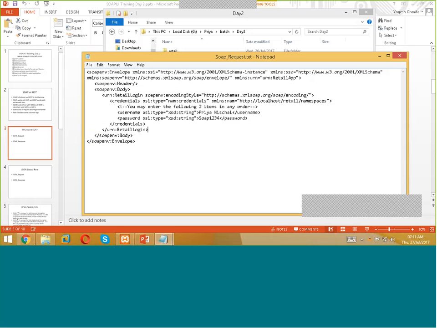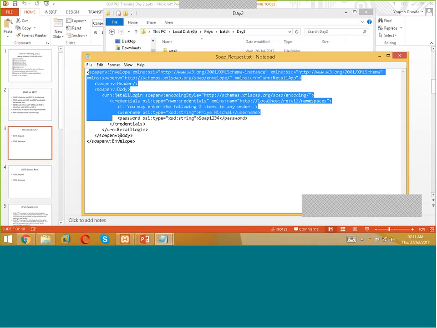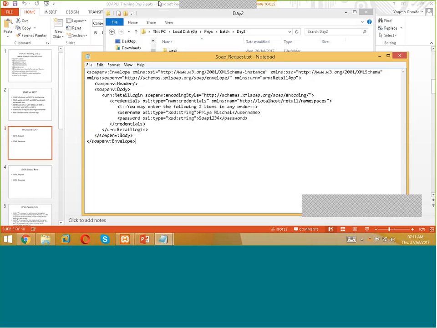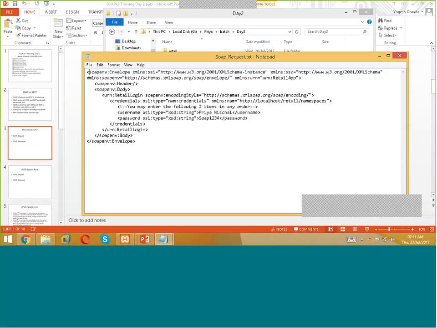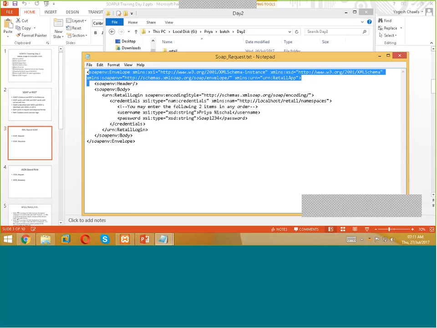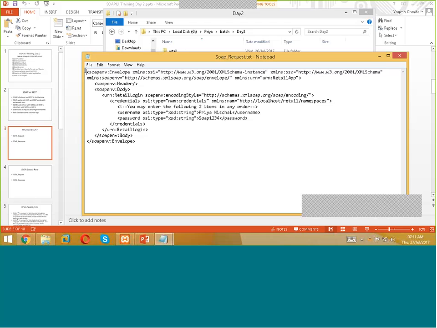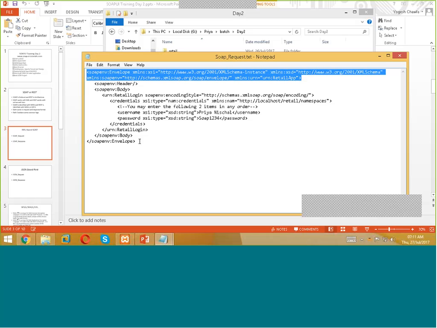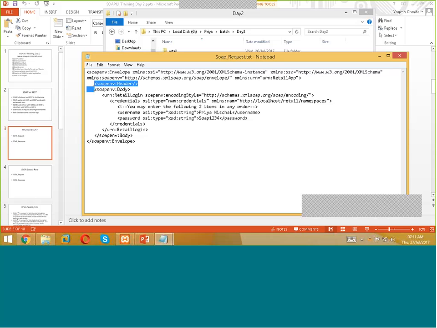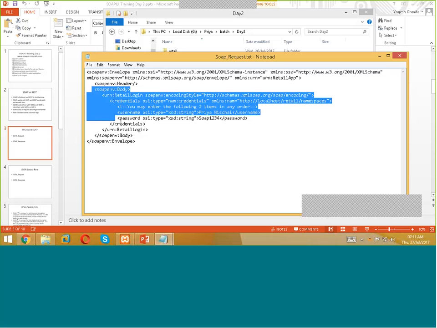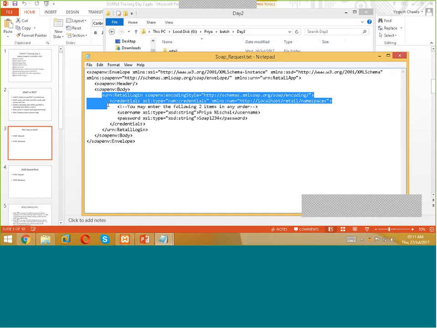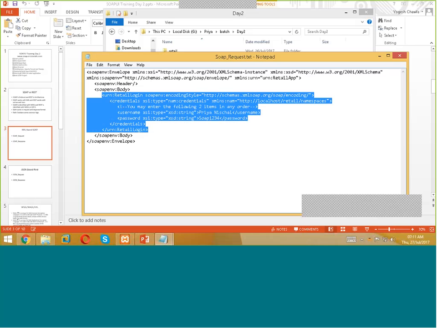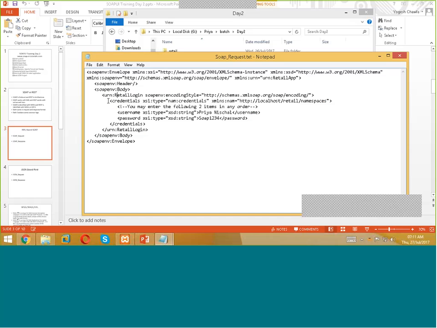are available. So now Annie, can you please tell me how many tags are there? On day one I told you how to find the total number of tags. How many tags are there? Three tags, I think. One. Let's count. This is the first tag. Okay. Then the SOAP header tag. This is my second tag. The SOAP body tag starts and it ends over here. Then this is for retail login. So it is the fifth one. 1, 2, 3, 4. And this is